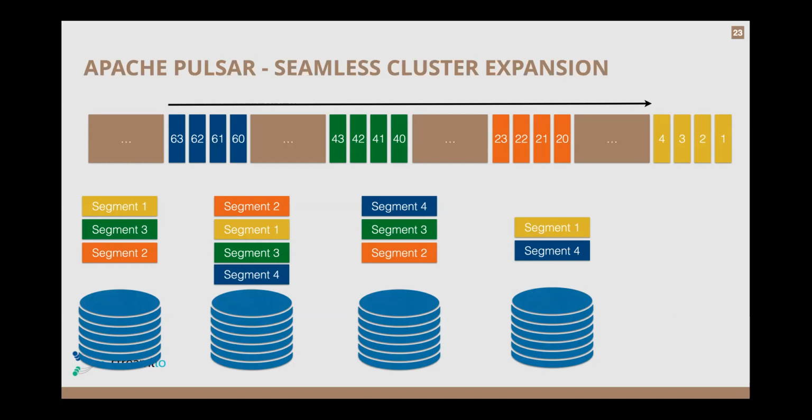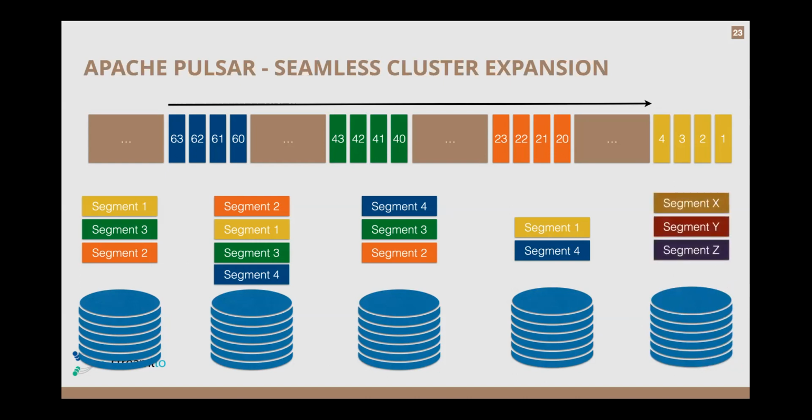In our scenario, since within Pulsar you have a decoupled layer, you can simply add an additional bookie to the bottom layer if they all become full. Just slide one in, and it automatically registers itself, and it's eligible to take new segments. It doesn't matter where those segments are, it can just immediately come online and start serving requests. There's no additional shuffling of the data required, because that is done at the segment level.